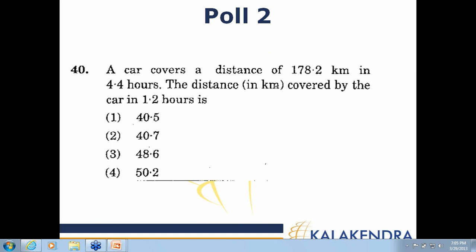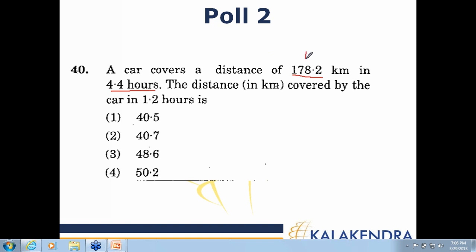Okay, now I'm sure all of you have done the calculation, so I'm not getting into the calculation per se, but if you are more comfortable with numbers, you may not necessarily need to do all the calculation because you can play with the choices again here. So you've got here 178.2 kilometers covered in 4.4 hours. So dividing the same, you've got 44 into 4, which is